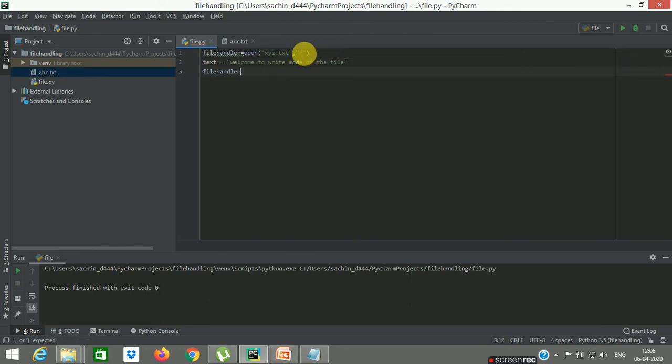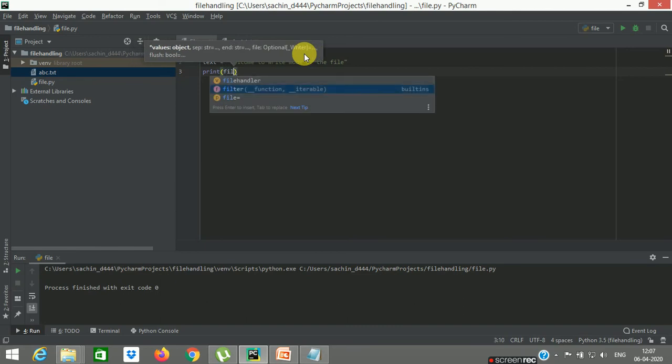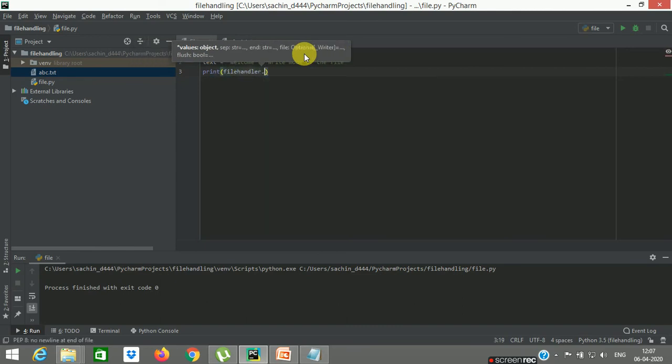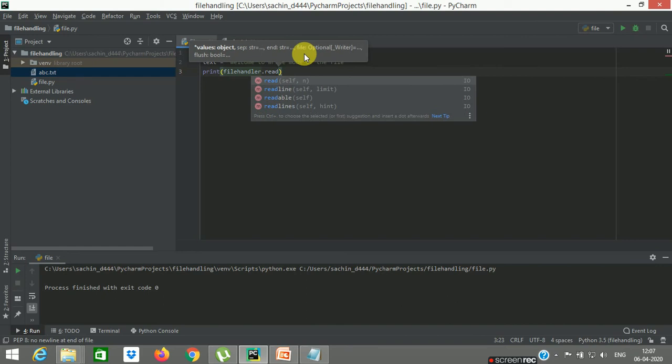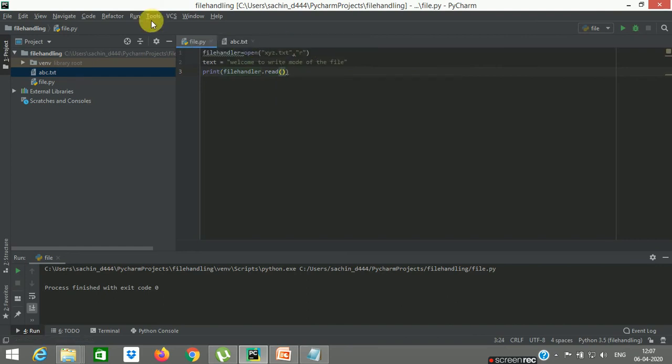So obviously for read mode I'll be using the function print file handler dot read, to read the contents of the file. Okay, let me run this.